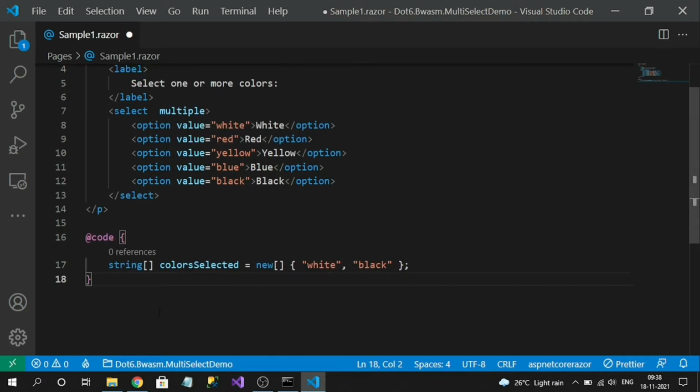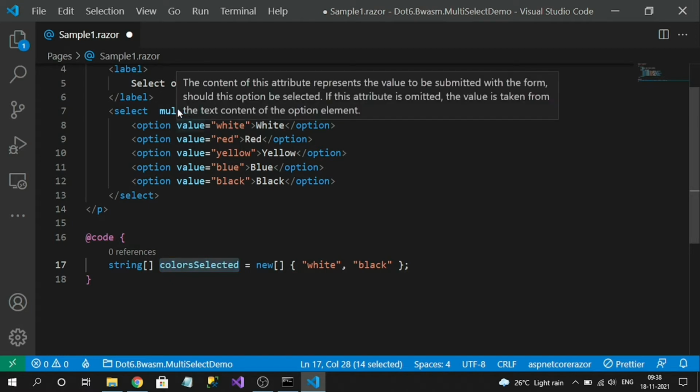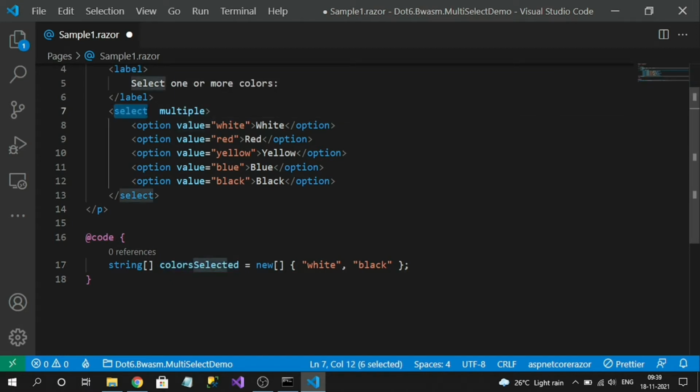And here I have added a property of array type string, and initially assigned some default colors. If you want some values selected by default when the page is rendered, you can pass this array. One more configuration along with multiple is that the select's property should be of array type.